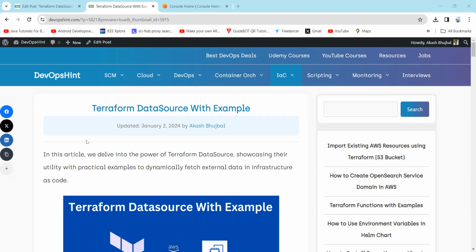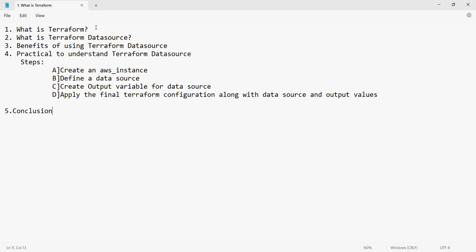Hello everyone. In today's session, we will dive into the power of Terraform data source, showcasing the utility with a practical example to dynamically fetch external data in infrastructure as code. So in today's session, we will learn about what is Terraform, what is Terraform data source, and what are the